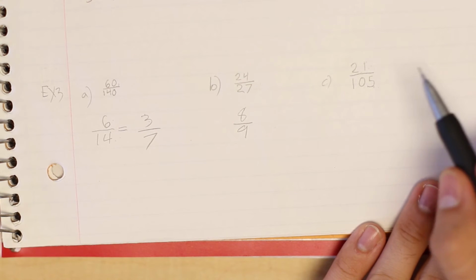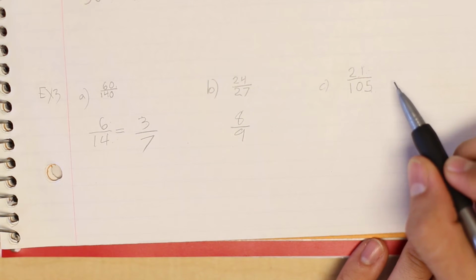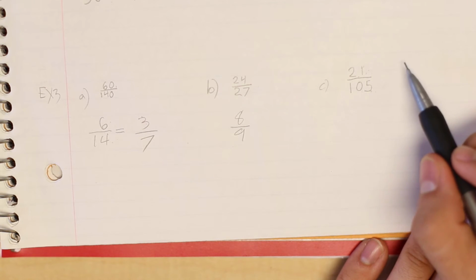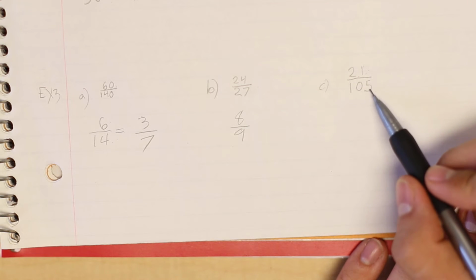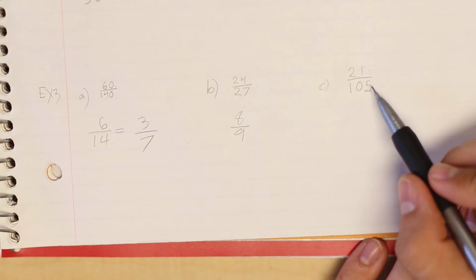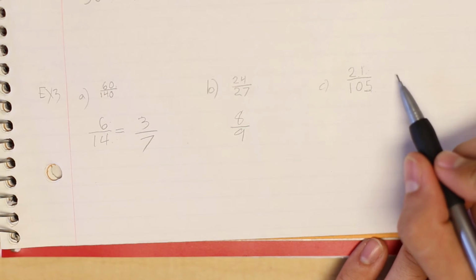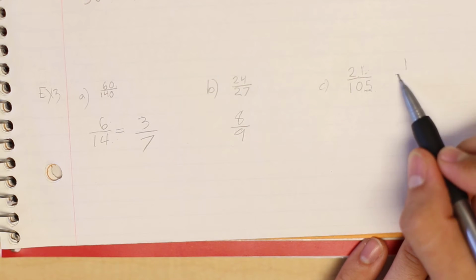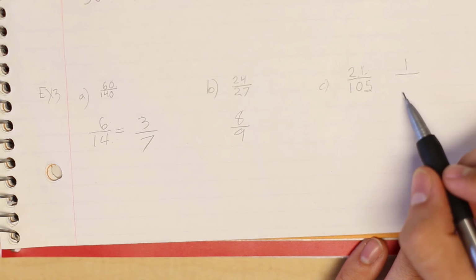It would take a little while just to figure it out. You could just do it by thinking of what are the factors of 21 and then seeing if those factors can go into this evenly just by testing it out. So if we do that, we would say 21 goes into 21 one time, and it goes into 105